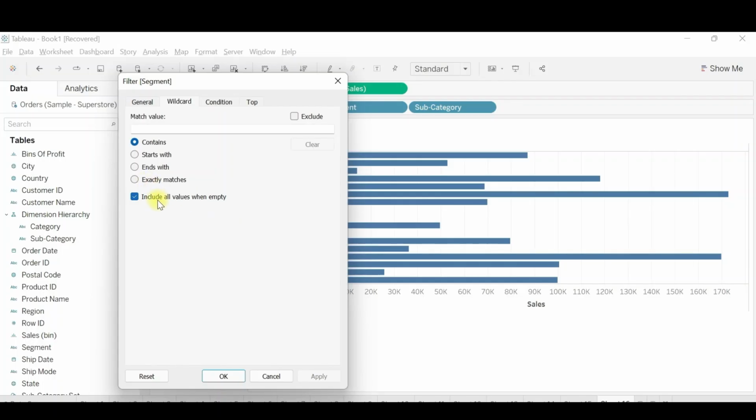Then also you have an option for include all values when empty. For example, if there is no data for a value, still it will show up if you check this. If you uncheck it, it won't show.